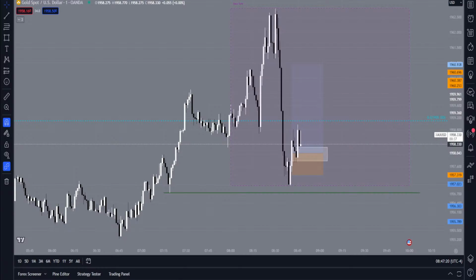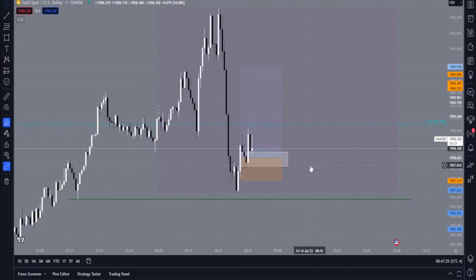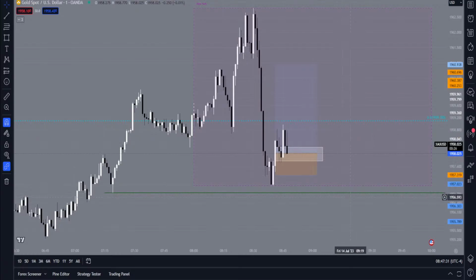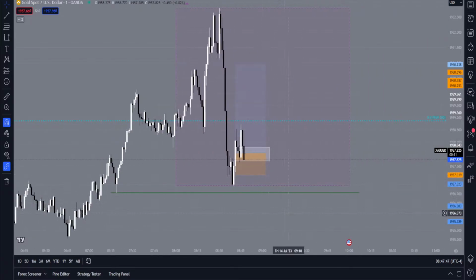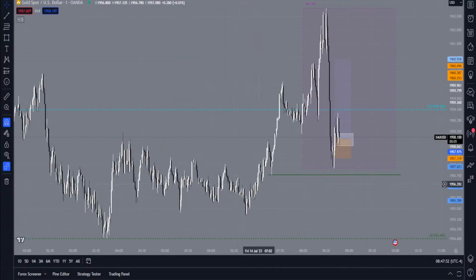Alright, it still has to come down here. I think it's about to start coming down here. It may have one more pullback after this. If it pushes below here, it may give one more drive down before it goes up a little bit. I do think it's going to reach this area here, this big range.